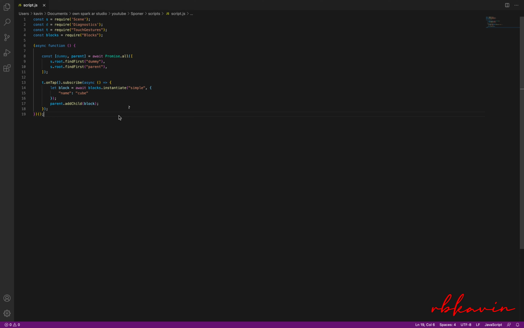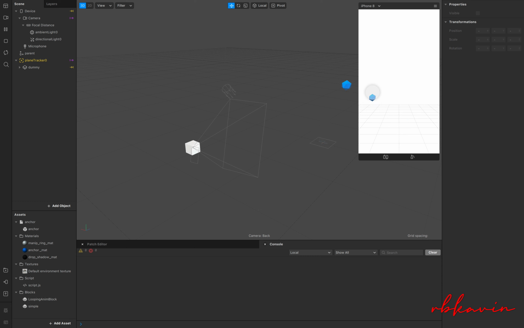Now once we make it a child of the parent, if you tap, you can see the object is spawned. For some reason it's not showing for me, but it will show on a purplish shade over here, asking whether you want to see the dynamically instantiated objects or not. If you click yes, you will see all the objects dynamically instantiated under the parent which you named. In our case, the parent is basically the world object 000, that is, the world origin.